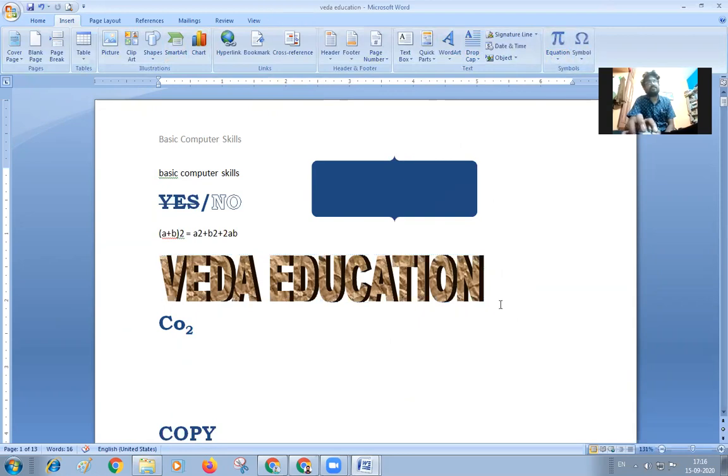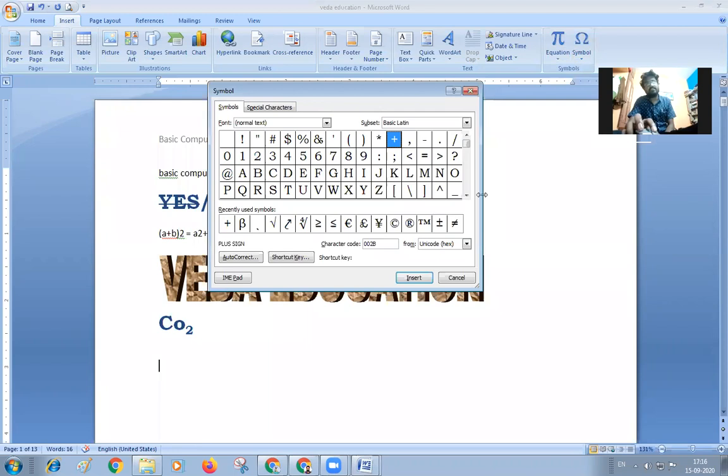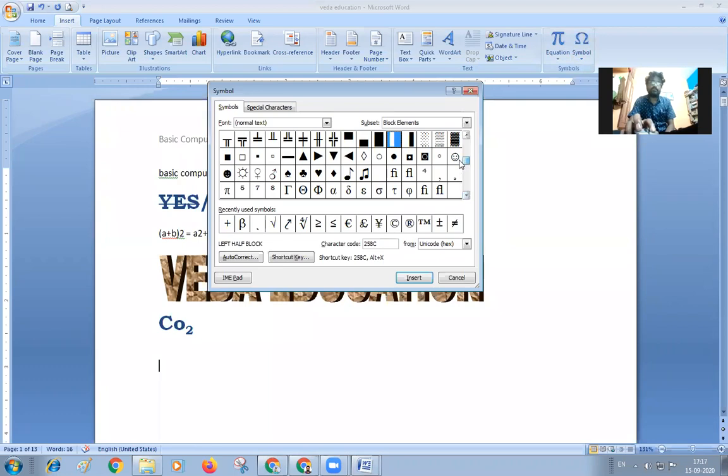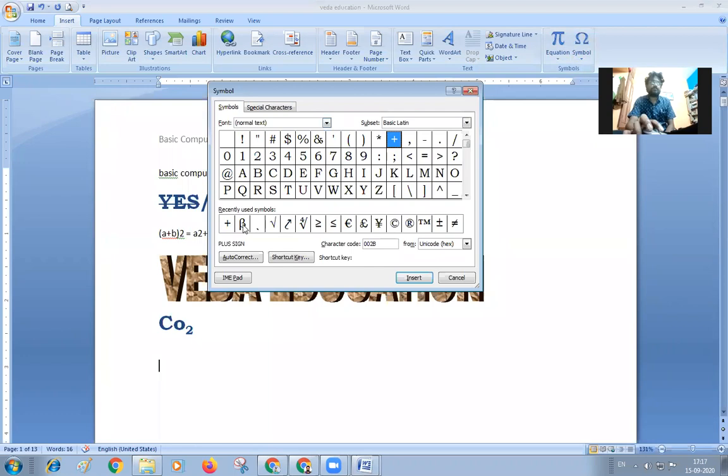The next thing required is the formula or the equation. We'll be getting all the symbols here, beta, whatever the symbols are there, and all types of symbols. Mathematical symbols, operational symbols, statistical symbols, and all these types of symbols are here. You can use any type of symbols. You can see beta is here, alpha is here, euro is here, dollar is here, and trademark is here, square root of 4 is here.